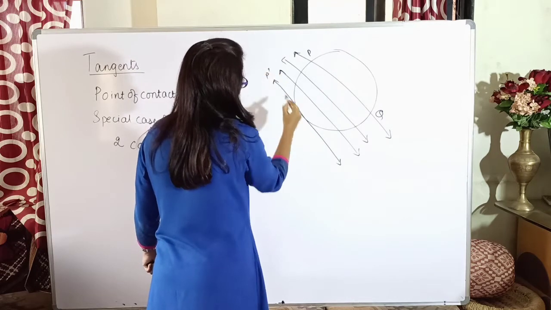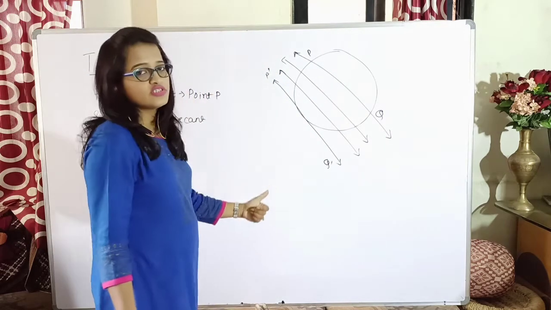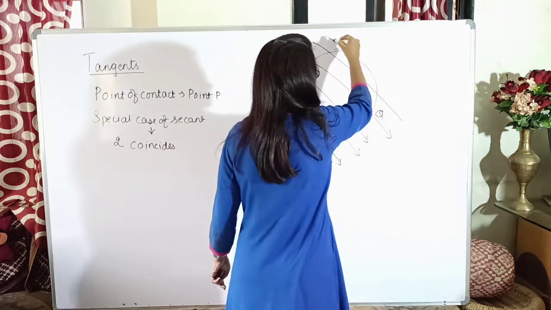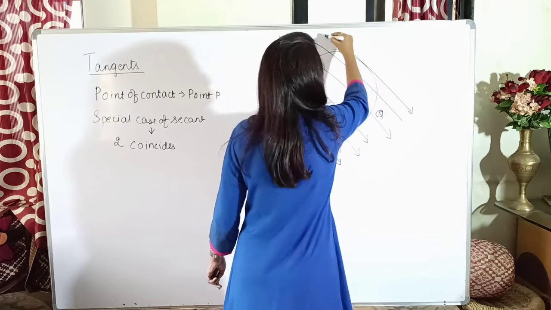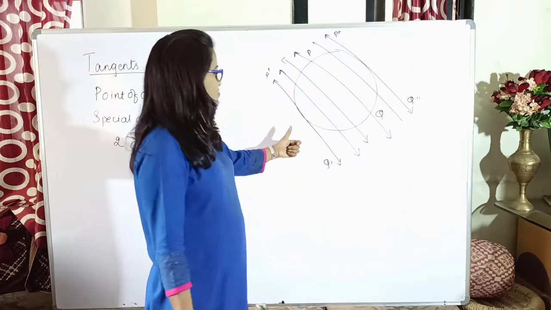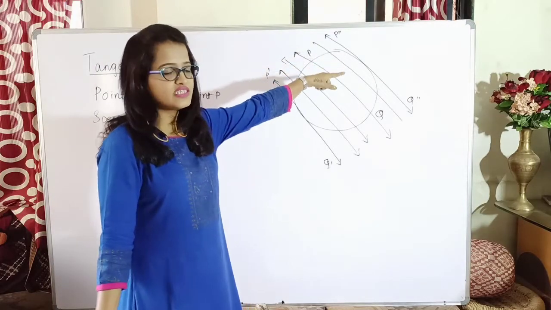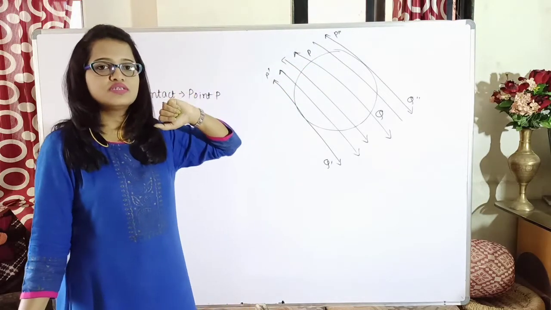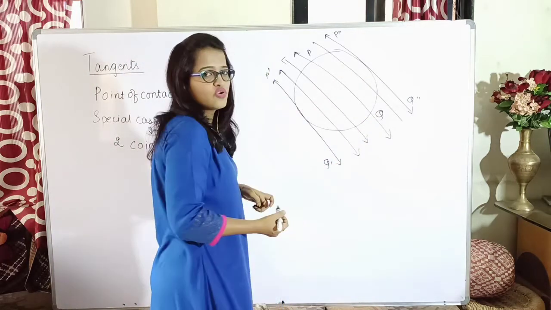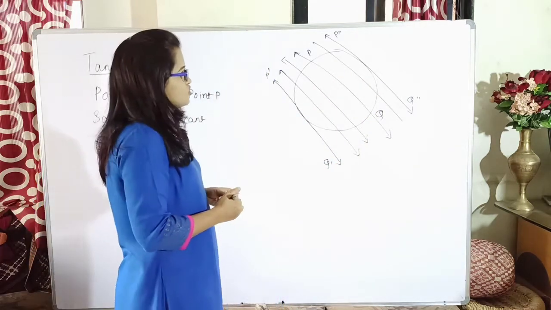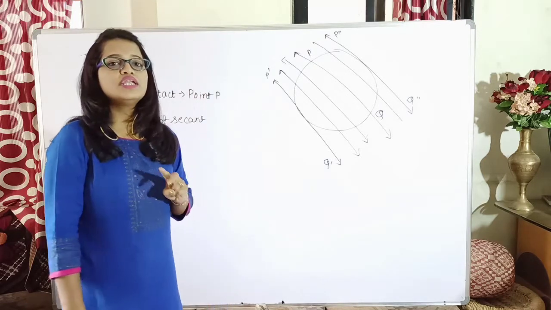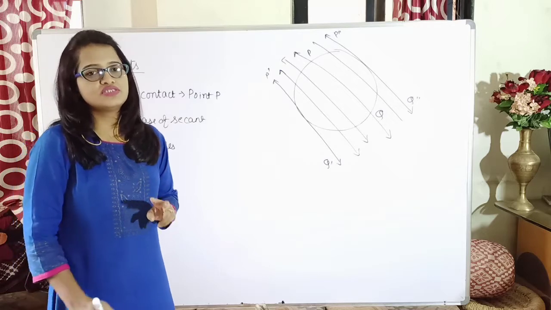So this is my P dash Q dash. This is my first tangent which is parallel to secant PQ. Similarly on the other side also. So this is my second tangent, which I name P double dash Q double dash. Now other than P dash Q dash and P double dash Q double dash, can I draw another tangent which is parallel to PQ? You cannot draw a line like this because then it will not be parallel to PQ. So what can I say? For a given secant, you can draw only two parallel tangents.